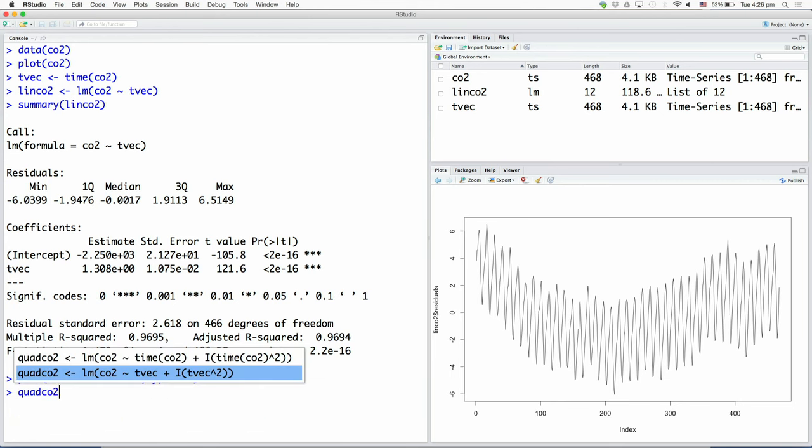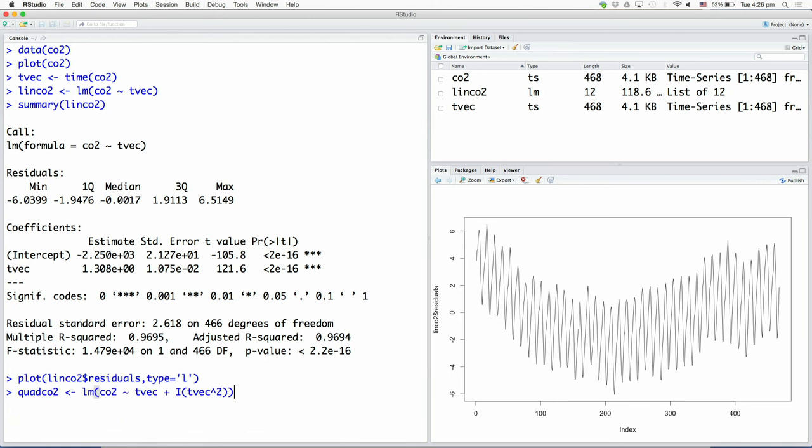you can go through this syntax here, and this is something that you may want to pay closer attention to. Again, the same story, we use LM, specify the relationship between the predicted variable and the regressor. The regressor is, as usual, our time vector. This time around we want to build a quadratic model.